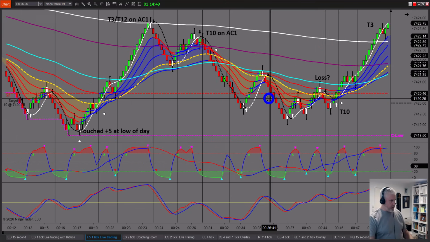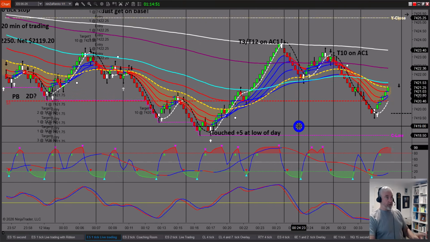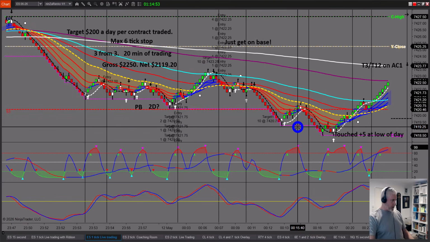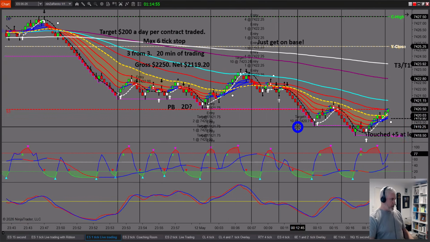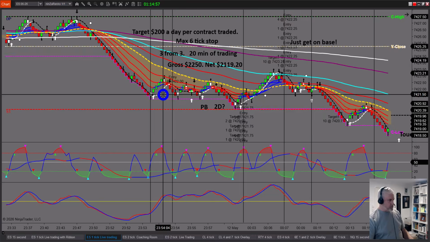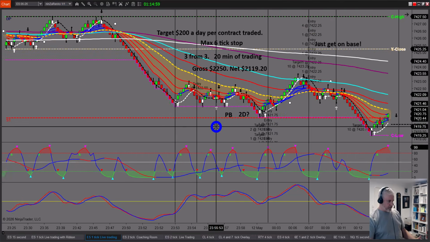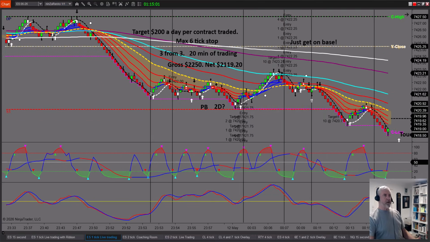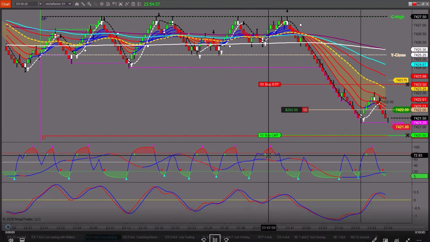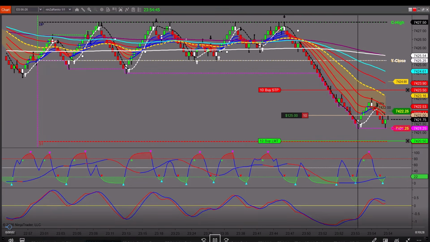But let's just go back and look at these setups, and we'll hit playback, and I'll show you these are just plain vanilla setups. So let's play the recording, and I'll explain this as we go. So I've gone short. Now first of all, when I'm trading the 1 tick, I have a maximum stop of